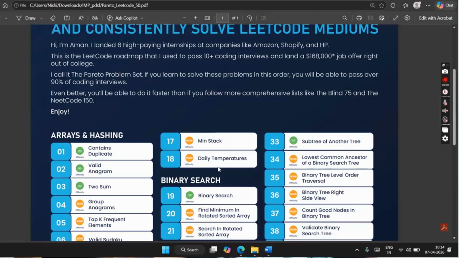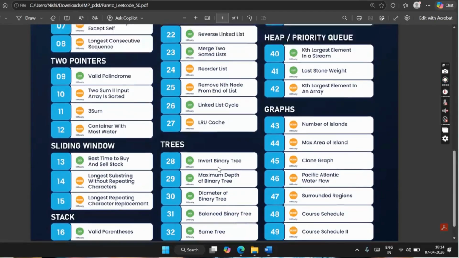So the top 5 ways I would recommend: first, follow a list. Yes, I'll link below the list that I am now using. It's by Aman Manzir and it's a Pareto principle list. So these are like those 20 questions that could be asked in 80% of the interviews that you are appearing for. And even if those exact questions are not asked, the patterns that you solved could be asked in a different way. Like you solved two sum, but it wasn't asked in the interview. Instead it was